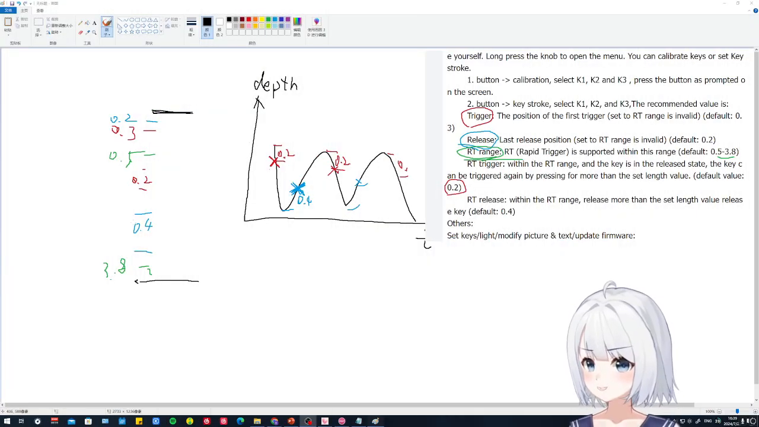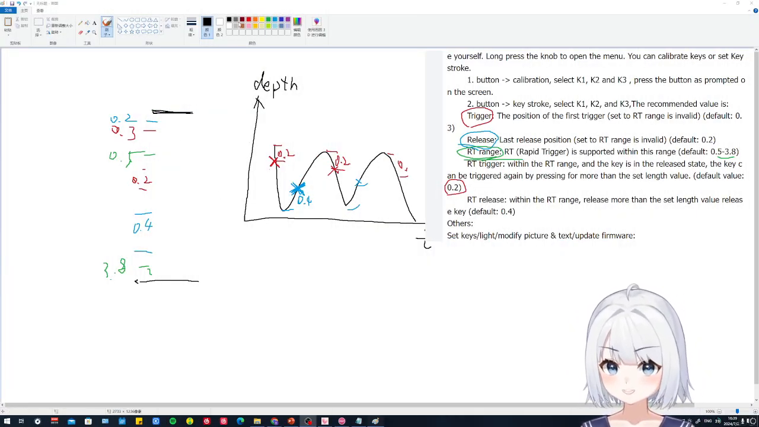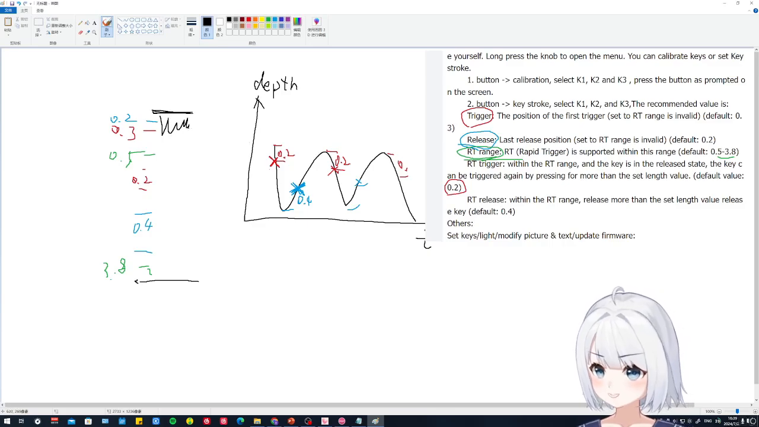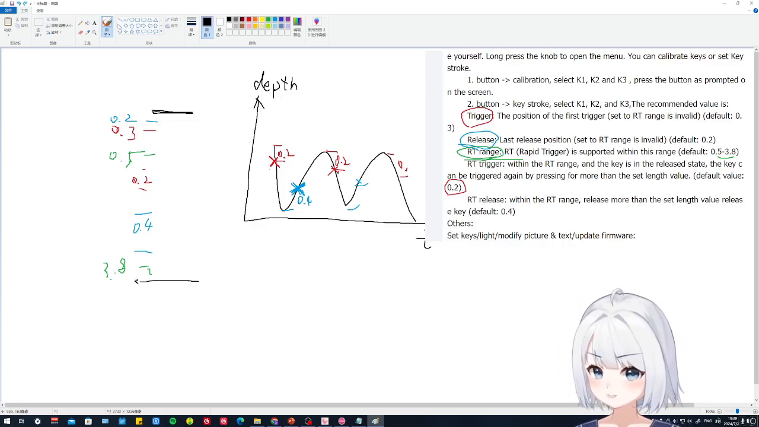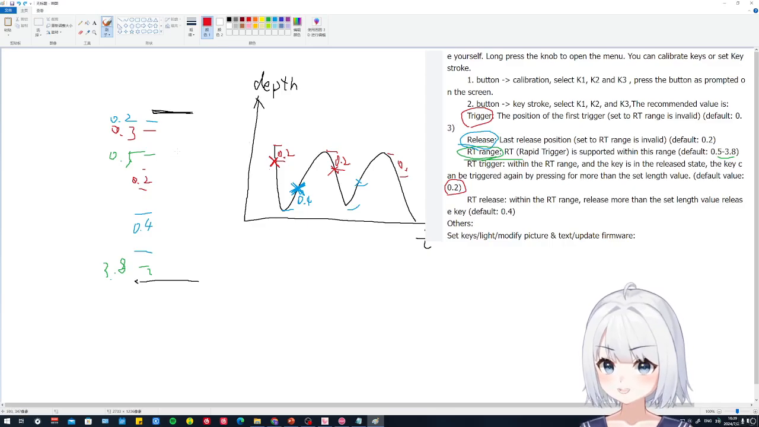What the hell? Yeah, that's what we don't want to do. It's like you're doing something like da da da da da da da, because this thing is super sensitive. Anyway, the second thing is,